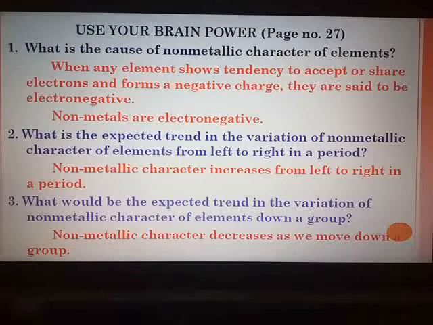For this, the concept of metallic and non-metallic character, that is the periodic trend, should be well known and well understood by you. Then only will you be able to answer such type of questions. With this, I declare that the entire chapter number 2 in all terms, that is explanation, discussion of textual and additional questions, and all the textual activities are discussed from my side.